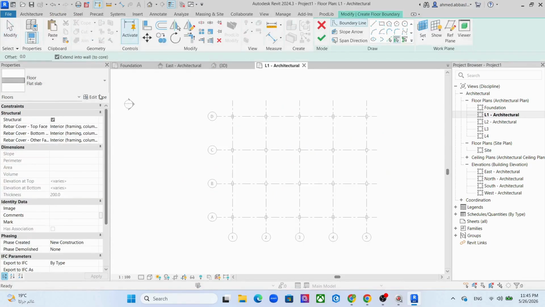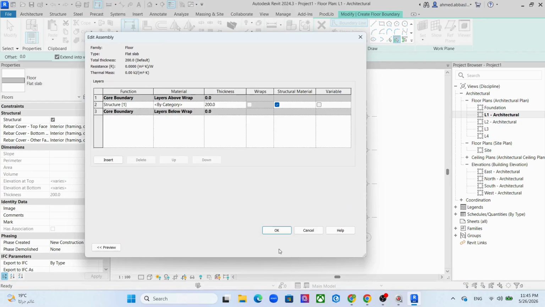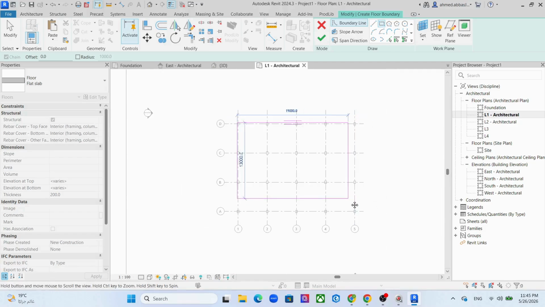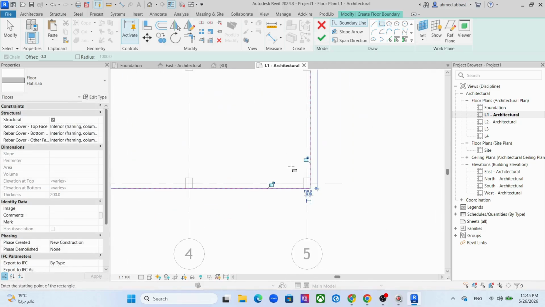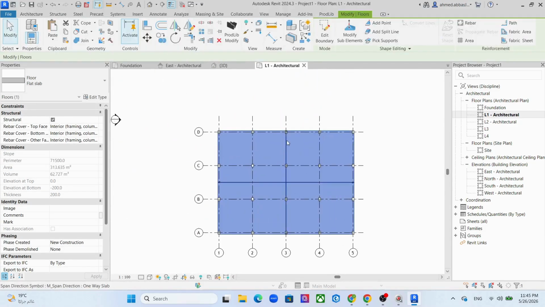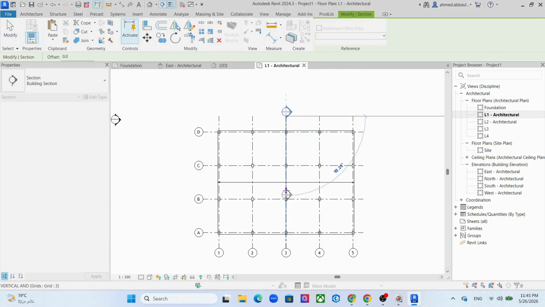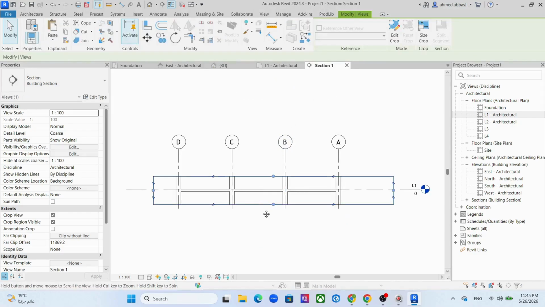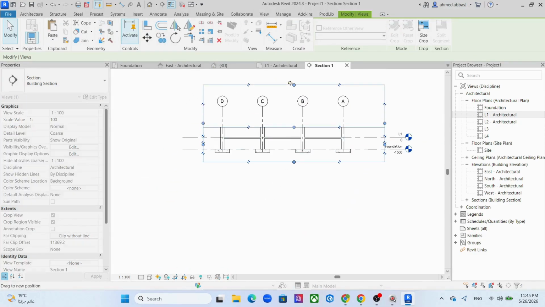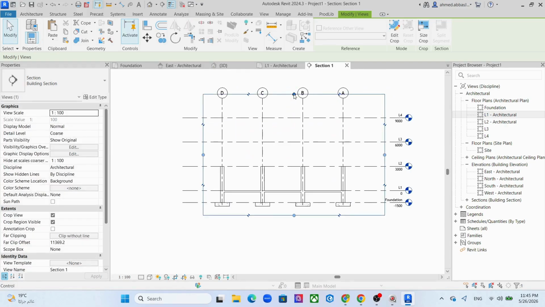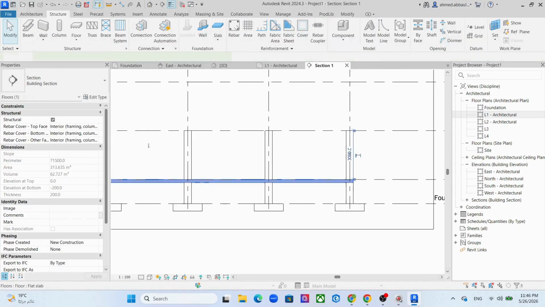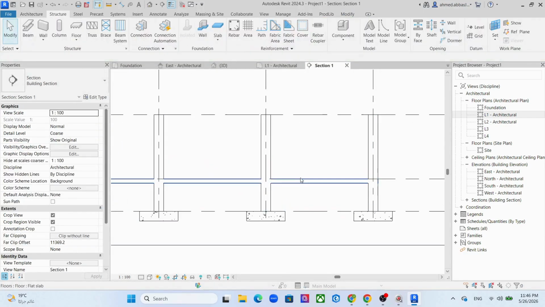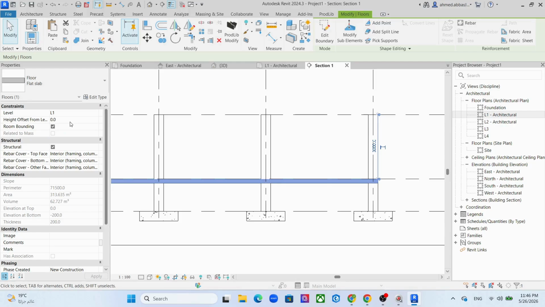Now, let's add the ground floor and offset it by a value equal to its thickness so that the bottom of the slab aligns with level 1. Let's create a section to check how the floor is placed and verify its alignment with the levels. The floor base offset is set to the slab thickness of 200 mm so the bottom of the floor will